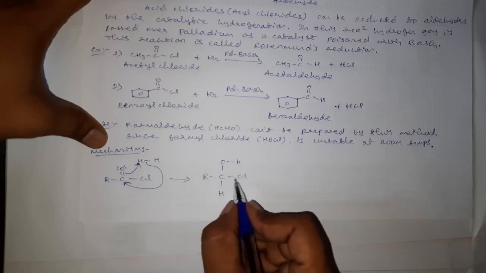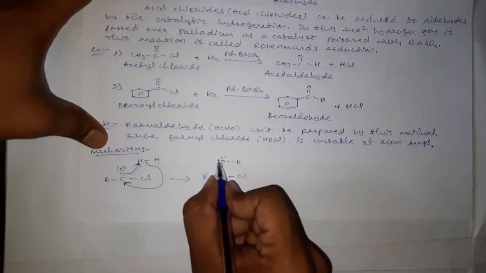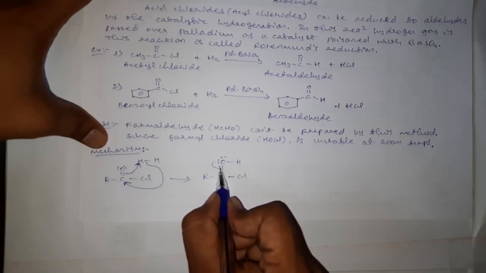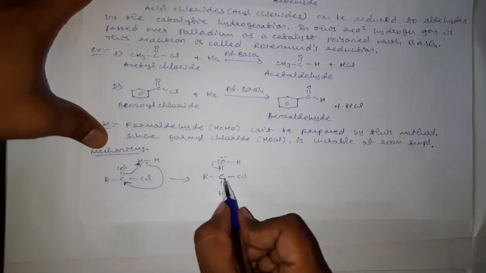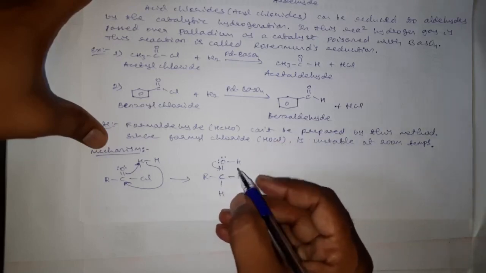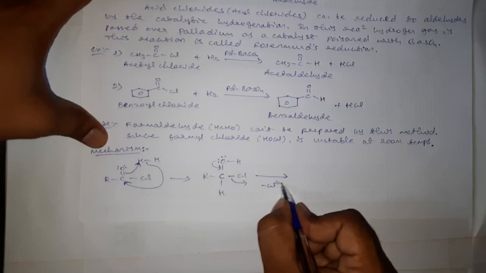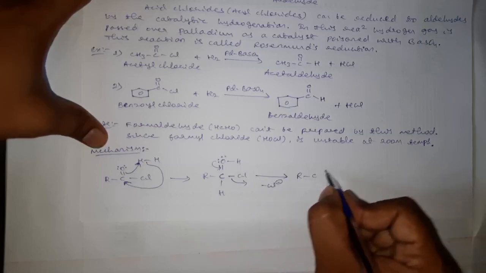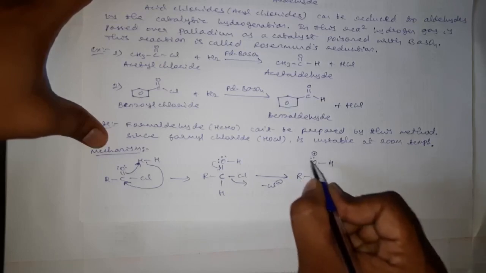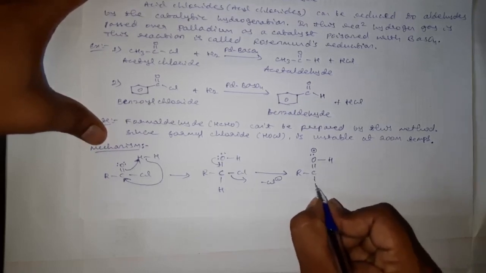Then we know that this chlorine is a best leaving group, and when the oxygen which is having lone pair of electrons starts delocalizing one of its lone pairs towards the carbon oxygen single bond, this carbon now becomes unstable with 5 bonds. An extra bond is forming here, and therefore it wants to lose one old bond, and this chlorine will go as a chloride, that is Cl minus. Here we will get R C double bond O H, and this oxygen with 3 bonds becomes unstable and gets a positive charge.